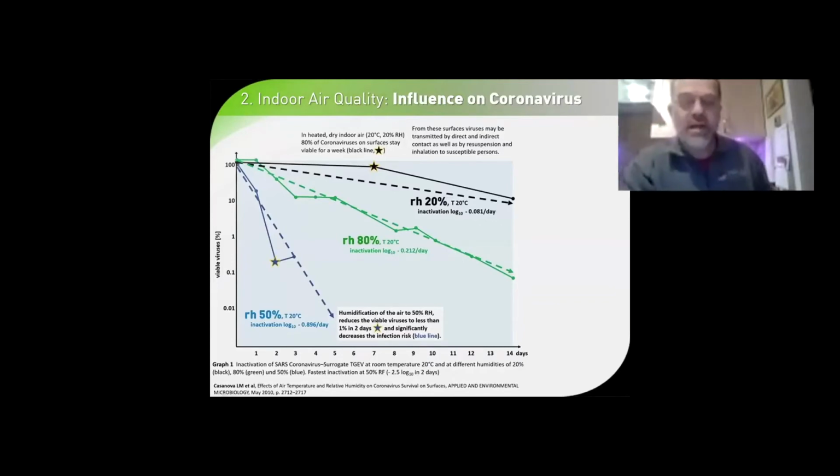Another interesting study on indoor air quality and indoor humidity levels in terms of coronavirus has shown that coronaviruses are very susceptible to humidity levels. At higher humidity levels, but especially at lower humidity levels, they stay active much longer than at a mid-range of about 40 to 60% humidity indoors. So virus particles can retain their activity, their virulence, over a period of 14 days without hardly breaking down